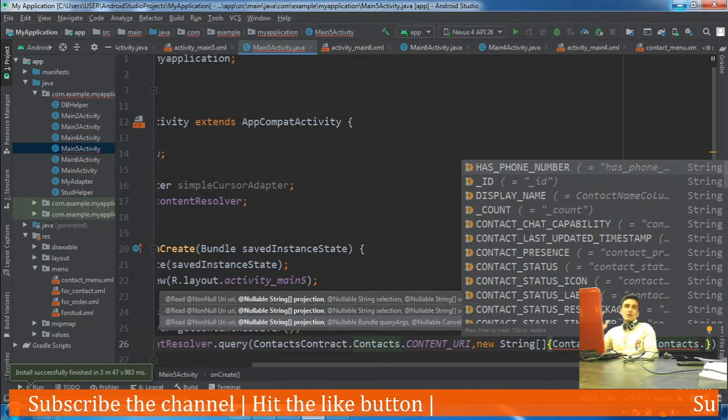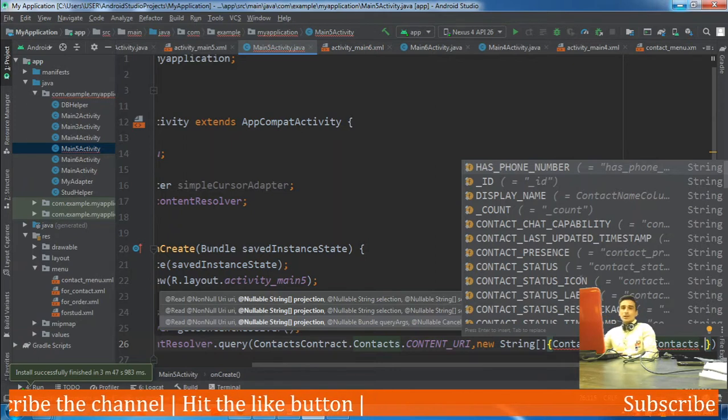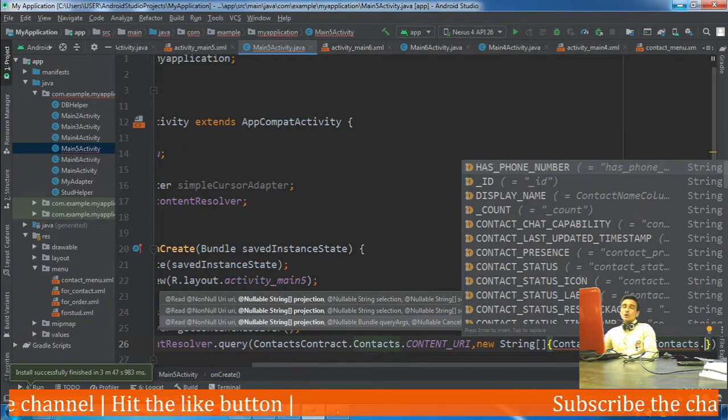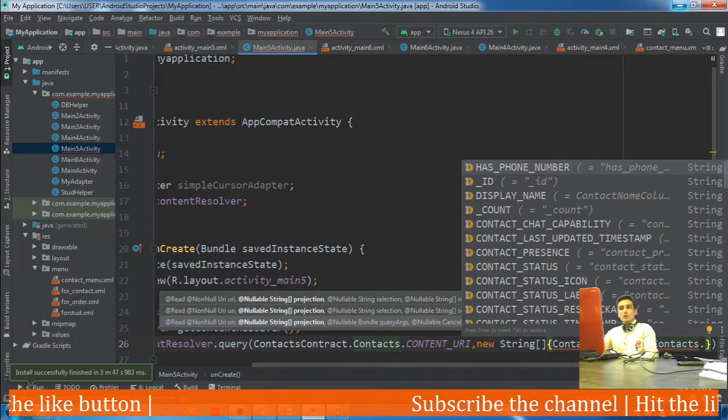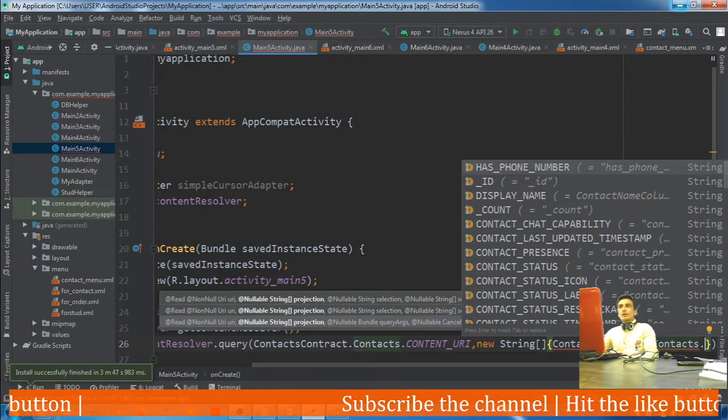It must be present in the source, otherwise it will give an error and throw an exception, and it will not provide the records to the list view. So most of the predefined tables have this underscore id column already available. In case of content providers, this column is also present.